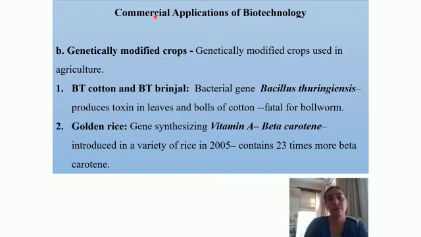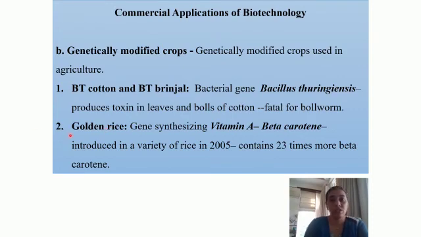And what has happened as a result of it? It has caused the plant to synthesize the same chemical. We can even call it as a natural insecticide, and it is going to be synthesized into the tissues of the plants. And this toxin is going to be effective against larvae of moths, that is butterflies, even beetles, and cotton ball worms. All can be destroyed after consuming the leaves or the cotton balls.